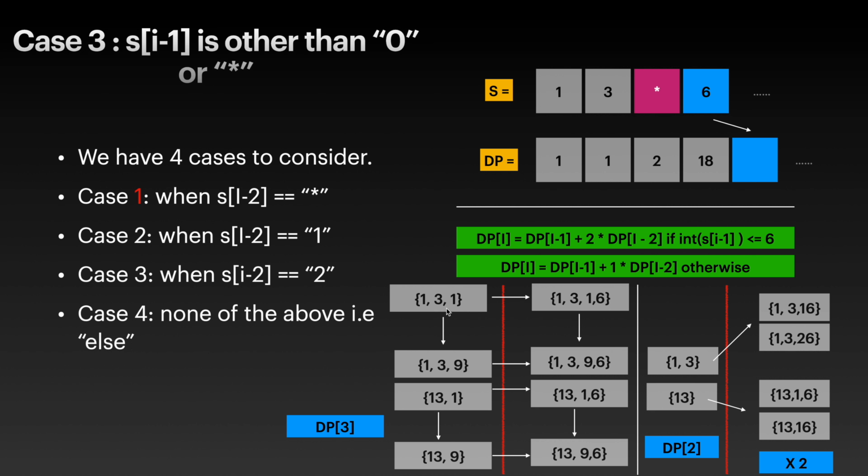Then we have dp of 1. What is our dp of 3? dp of 3 in this case will be 1, 3, 1 all the way to 1, 3, 9. And then we have 13 and 1 all the way to 13 and 9, right? And then now because we have 6 here,